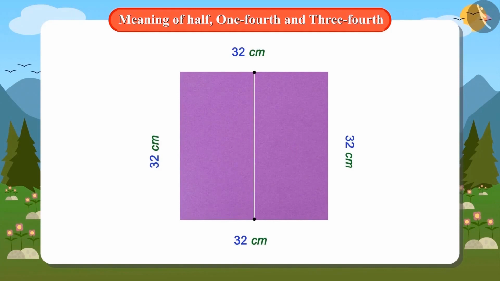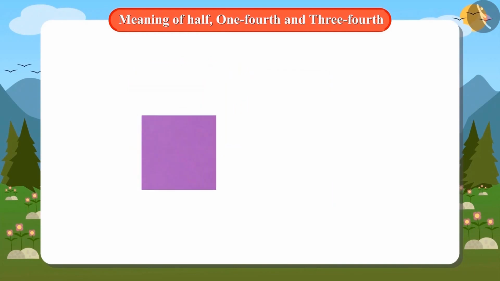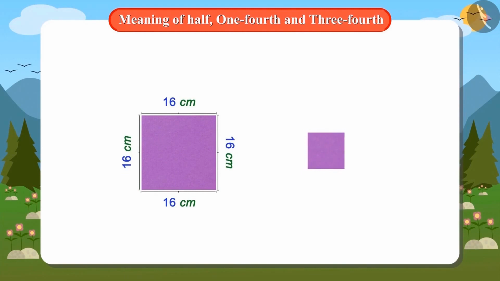Well, now I understand where I have made a mistake. Now I will divide this half into half. For this, I will draw a line by making half on its right and left side. Thus, this part will also be divided into two halves. This means that all the sides of the quarter of this cardboard will be 16 centimeters. Whereas all the sides of the cardboard I had cut are 8 centimeters.